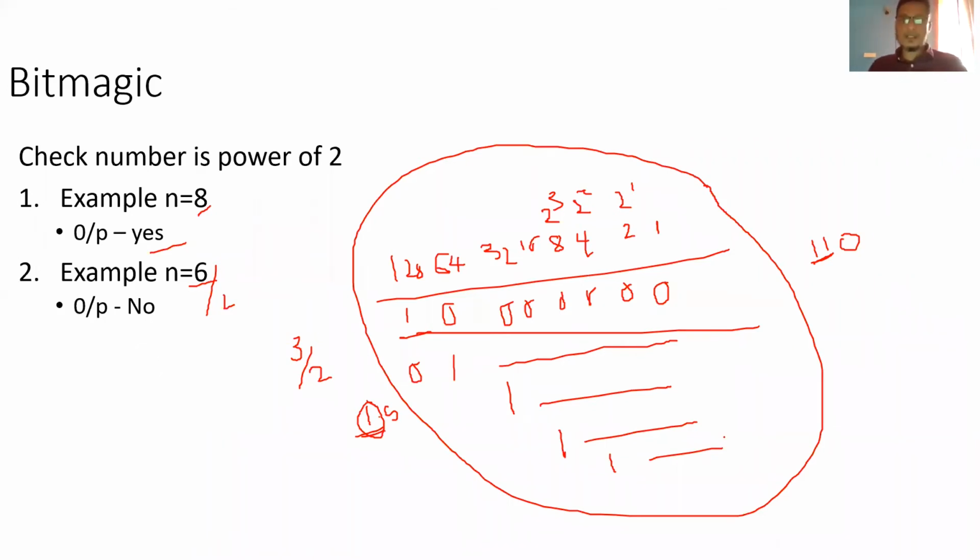So you can check which bit is set. Now you need to know how to count the number of bits. I have shown an earlier example where I also gave a k: you need to check whether the kth bit is set or not. Ignoring the first bit, which is 1, the second bit being set indicates 2 raised to power 1. If the third bit is set, it is 2 raised to power 2, and so on, 2 raised to power k minus 1 for the kth bit. So that is doable, right? Do you understand? Yeah. Thanks.